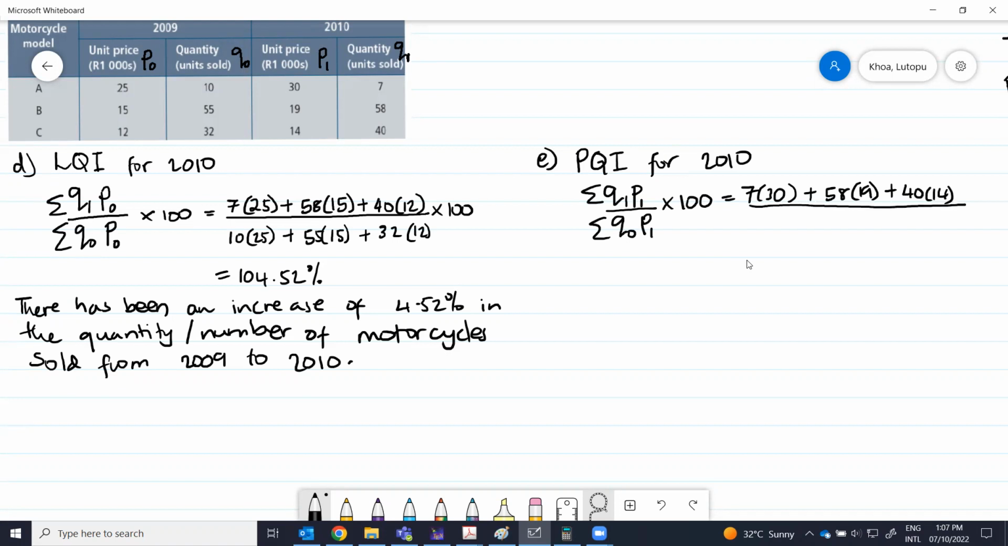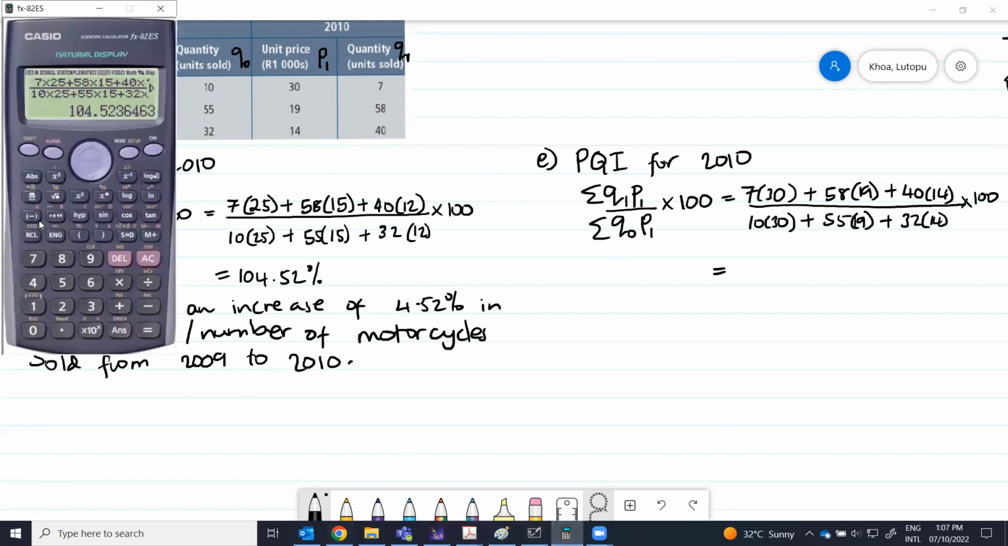Okay, and then in the denominator, it's Q naught times P1. So 10 times 30, 55 times 19, 32 times 14. Of course, this will multiply by 100. So doing this on our calculators,